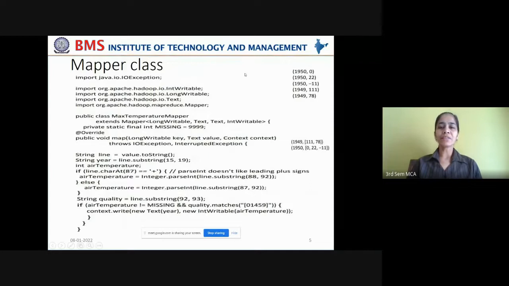I'll just give you a quick recap on this, if anybody has missed. We have created one mapper class named MaxTemperatureMapper, which will override the map function that already exists in the Mapper superclass. And we also understood that every map phase and reduce phase takes values in the form of key and value. So the input to a map phase as well as the output of the map phase will be in the form of key value pairs.